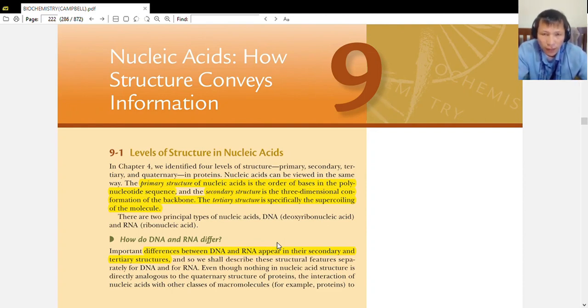So we call that structure of that nucleic acid, wherein it behaves from its, let's say, stable structure, a tertiary structure. So that's how we categorize or talk about the structure of a nucleic